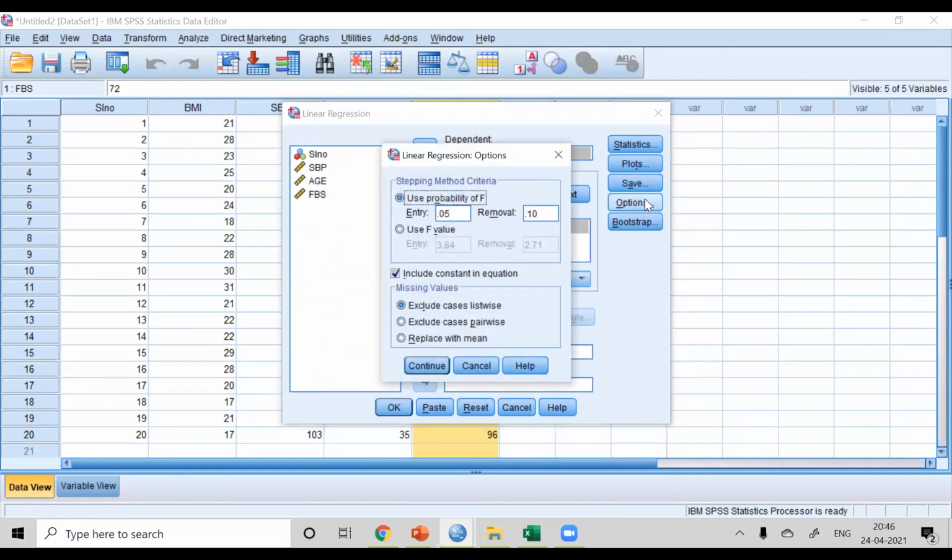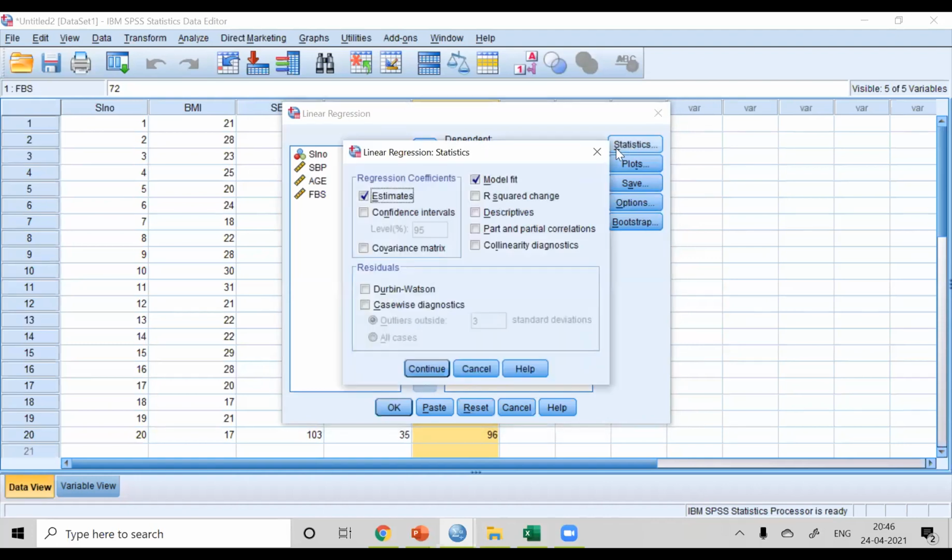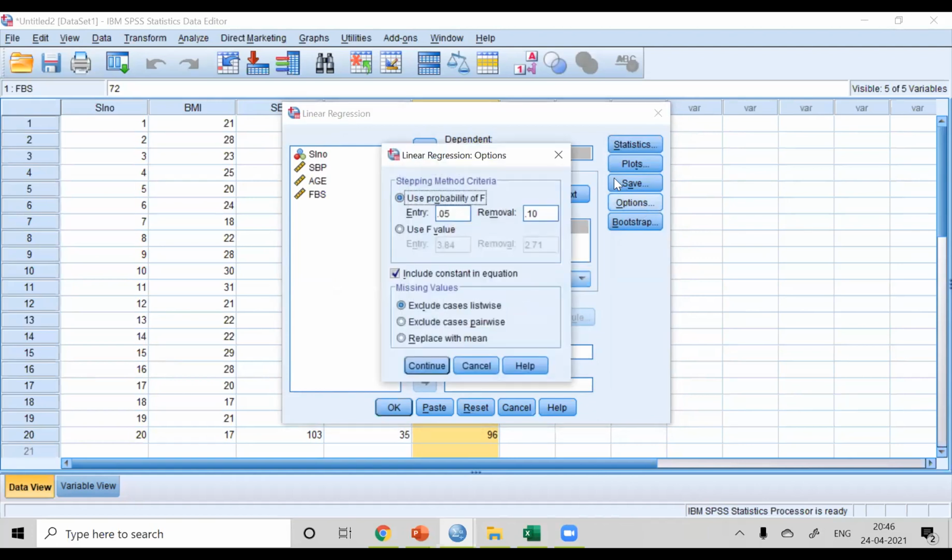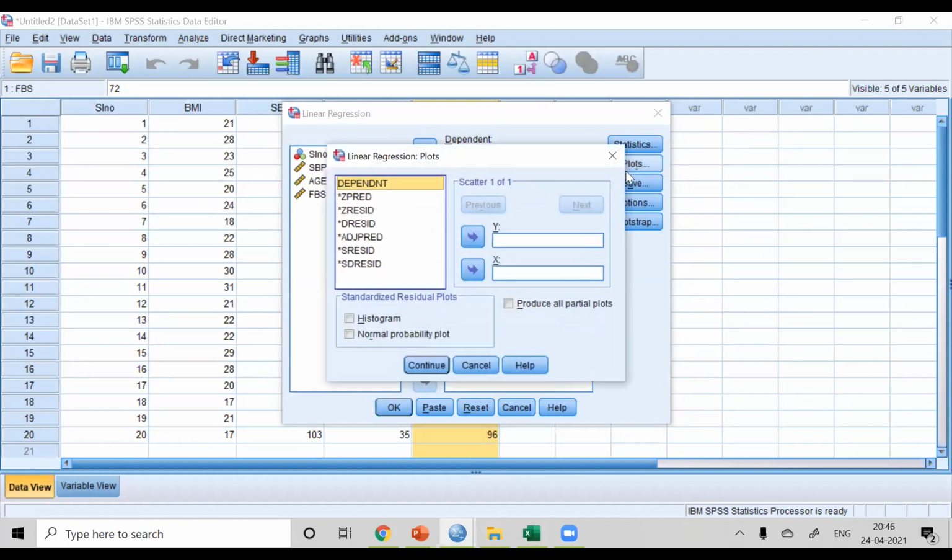Go to options, statistics, and here you can give model fit estimates, descriptives. Then you give this Durbin Watson, and also you can give this case-wise diagnostics. Continue. Then in plots you can take Z predicted, and you can take Z residuals, histogram, normal plot.